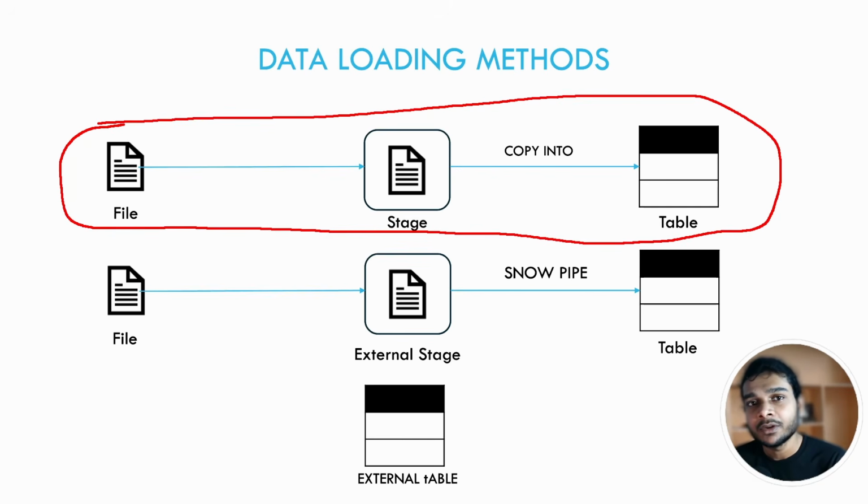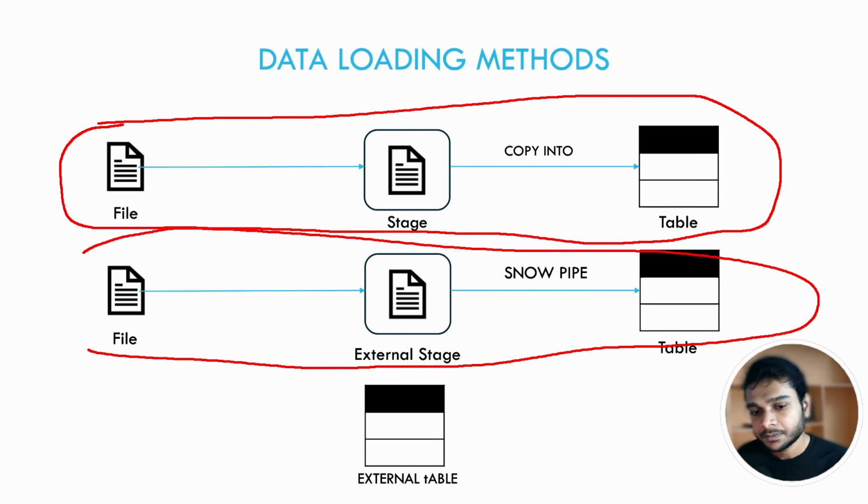We can schedule copy into with a task, but we can only schedule it to run at certain intervals of time, for every 5 minutes, for every 1 hour, like that. We can run the copy into by scheduling it, but we cannot use it as a stream or near real-time stream. That is why there is another way, which is Snowpipe. Snowpipe offers near real-time streaming. It is not real-time streaming, but near real-time streaming,